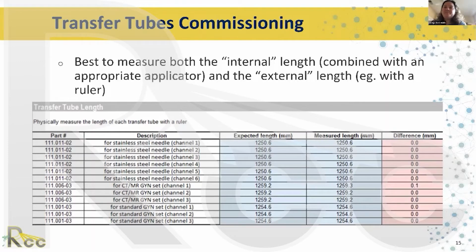Next slide, please. Good, Sonja. I'll just make one extra point on this slide. Like Sonja said, all manufacturers will have some sort of length measurement that tests either the applicator length or, more typically, the transfer tube plus applicator length. And one thing to make note of is our gold standard is the autoradiograph, right? Like Sonja taught us how to perform the autoradiograph and make sure that offset is correct. Once you verify that offset is correct, less than a millimeter, and like Sonja said, preferably less than half a millimeter,